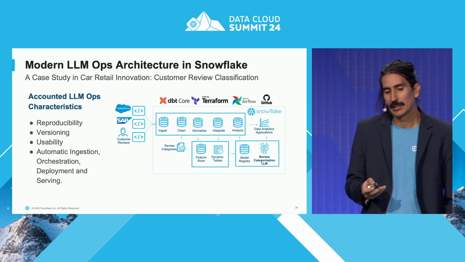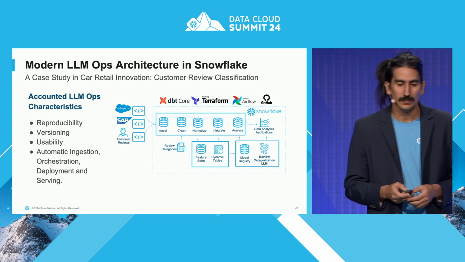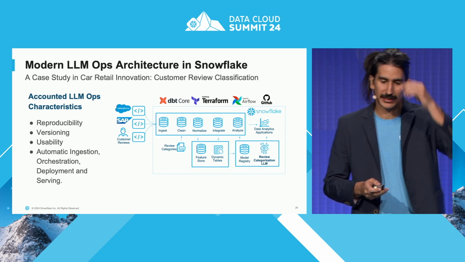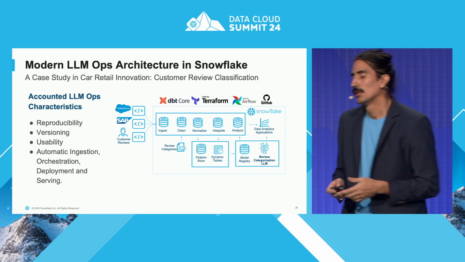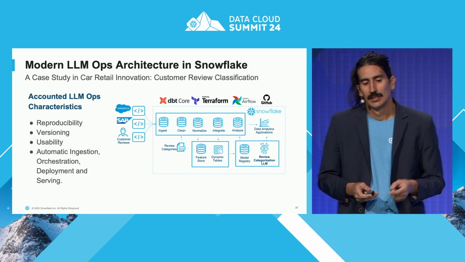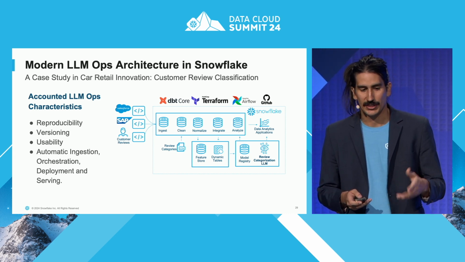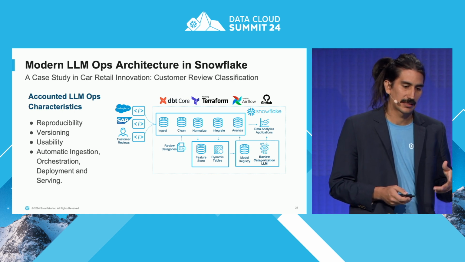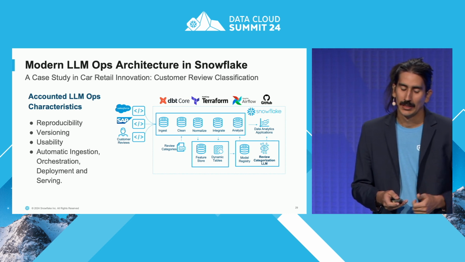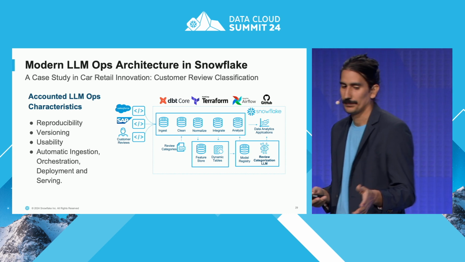So this customer wanted to build a customer classification system to understand their customer reviews better, right? This is the architecture that will be for the client. But more than a POC, we wanted to build a production-ready system that could help the company to accomplish three things. First, we want to be sure that different model versions and feature versions could be managed by the system. Second, we want to be sure that a proper CI/CD process for deploying new models was in place. And third, we wanted to democratize the access of the solution for non-technical users, right?